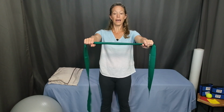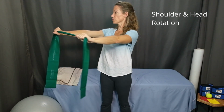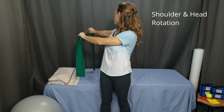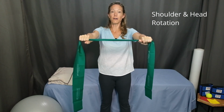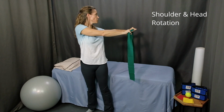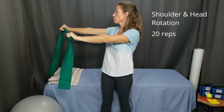Now part 2, we'll add in shoulder and head rotation. Exhale as you turn to the right. Now let your shoulders continue turning and turn your head to the right as far as you feel comfortable going. Then come back to the center. Repeat on the left. Exhale. Turn to the left, let your shoulders turn, look over your left shoulder, and come back to the center. Continue 20 repetitions,